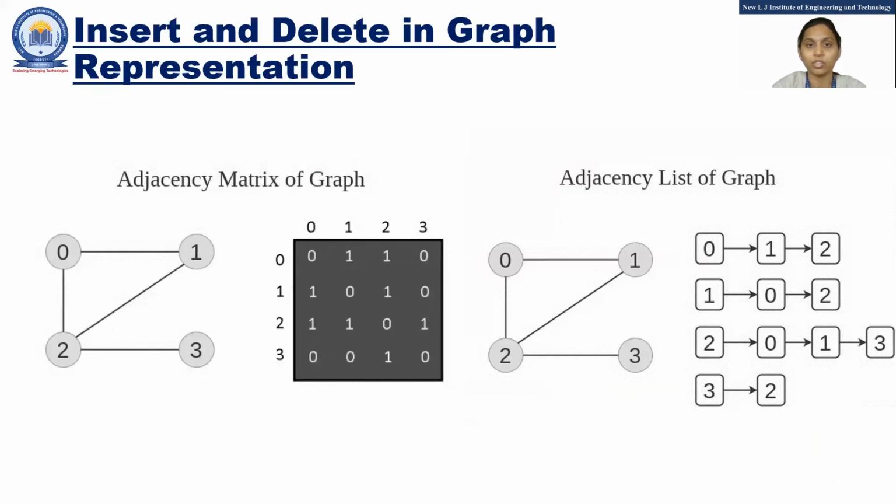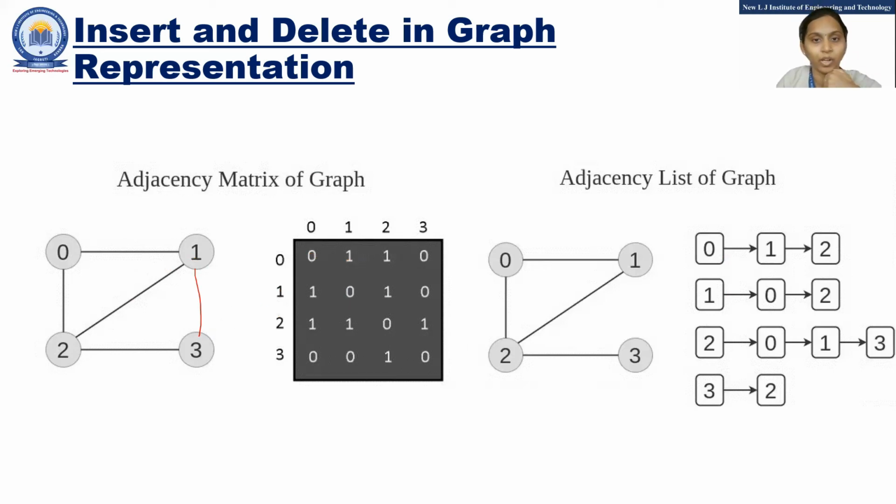Now, what are creation, insertion, and deletion? Whenever you need to create a matrix, first of all, you have to make a list. After creation of the list, you just have to fill in all this information by looking at the graph. If there is a connection, you write 1. If there is no connection, then write 0. Now consider the case where this line is formed. In future, 1 and 3 are connected in some way, and if this connection has been created, this should be reflected in your matrix format also. So how can we convert the graph format to the matrix format?